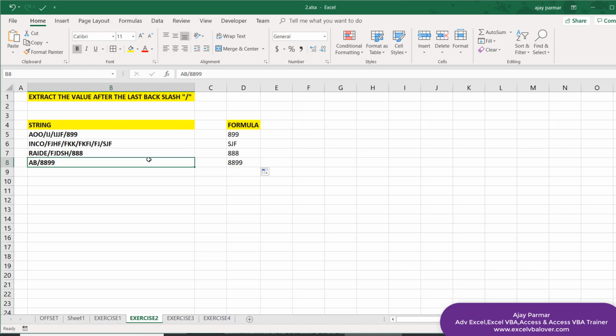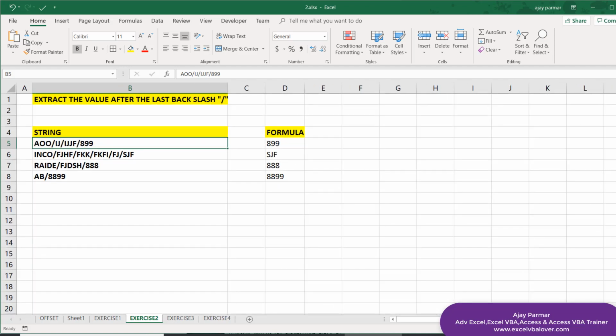Yeah, guys, welcome back. And now in this new tutorial, we're going to discuss another complex situation here. As you can see here, I have a string, and in this string, we have the backslash coming multiple times. And the complex part of the situation is that we do not know how many backslashes we have, right?